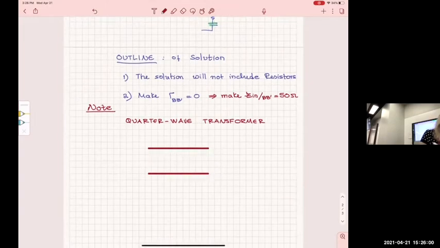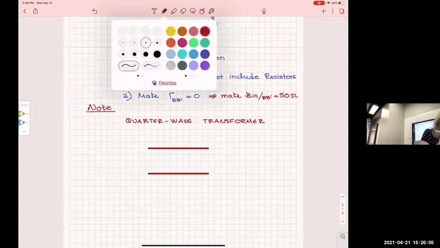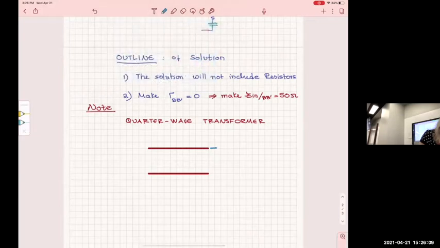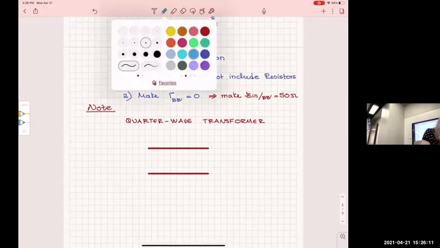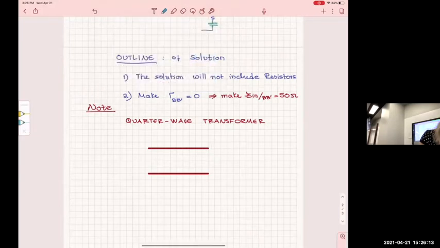If this line has a real load at the end, say RL, just so we remember it's real, and then I would like to create an input impedance, Z input, which is also real,